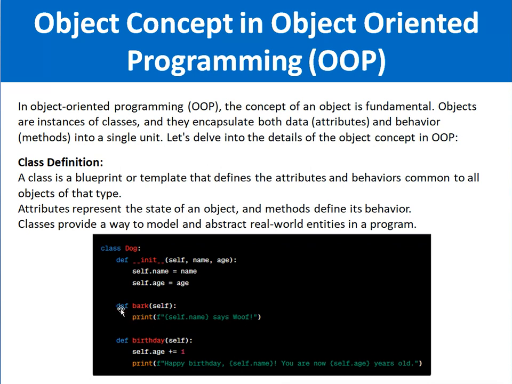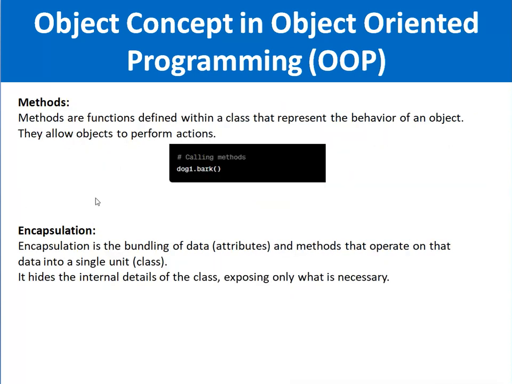Okay, so this method will be called when you call dog1.bark. Encapsulation is another very important concept in object oriented programming. Encapsulation is basically bundling of data, that means attributes, and methods, the behaviors that operate on the data, into a single unit. The main concept in encapsulation is that it hides the internal details of a class and exposes only